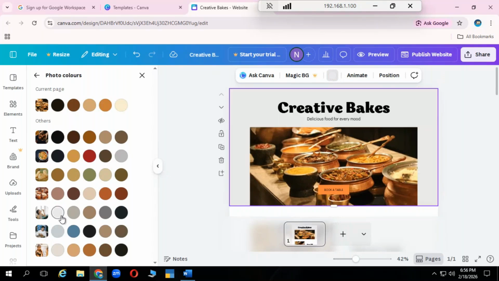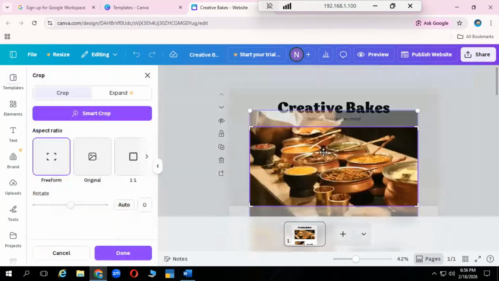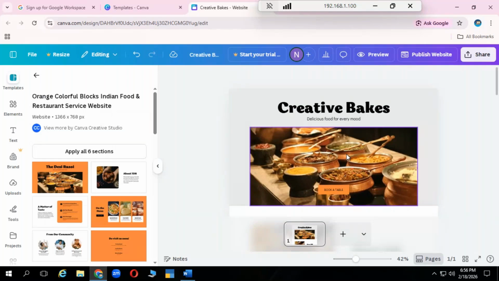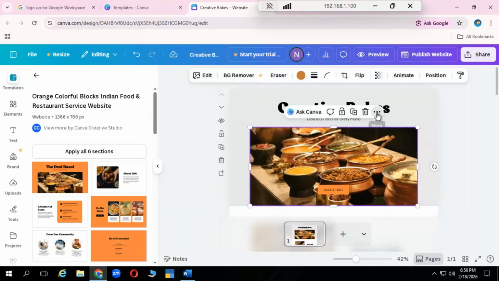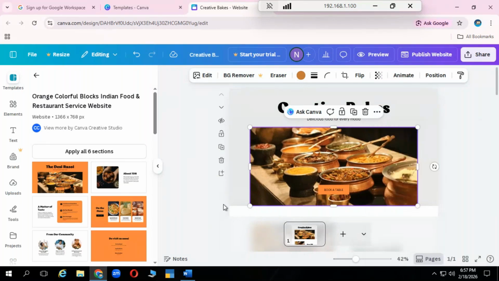Now here I can replace my image. Once I click here, you can see there is an option within this where we are going to fix our template that we have to download, and now we are going to replace the image. Once I click on more, you can see copy style, paste, duplicate or delete. So however you want, you can replace your images. Suppose I want to replace this image with some other background, that is also possible. Okay, so once I click on edit,